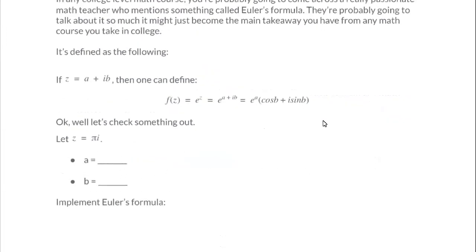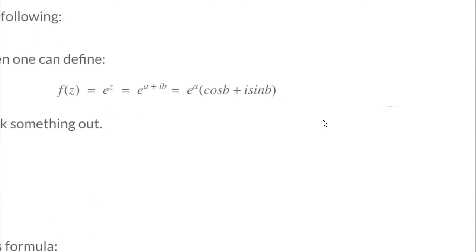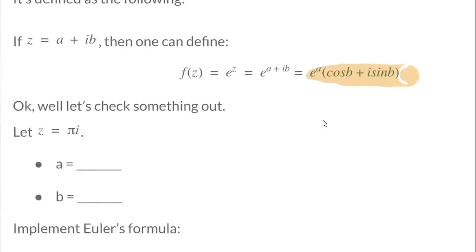So we define Euler's formula as the following. If you have a complex number z equals a plus ib, then one can define that the function of z is equal to this number e, which approximates around 2.718. So e to the zth power, so you're taking e to this complex number, and then it simplifies to e to the a power times cosine b plus i sine b. Okay, well, let's actually